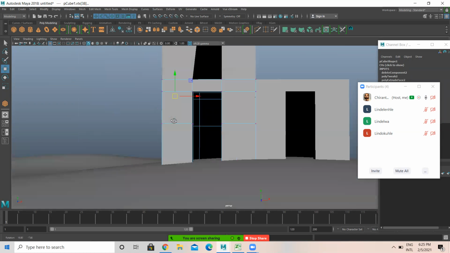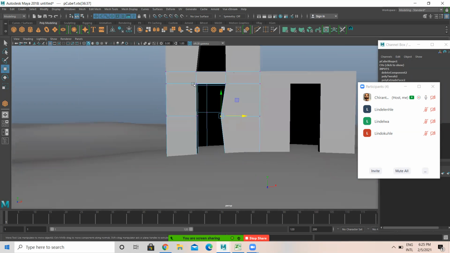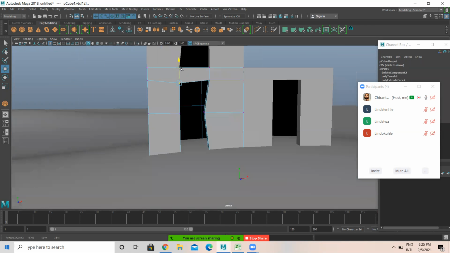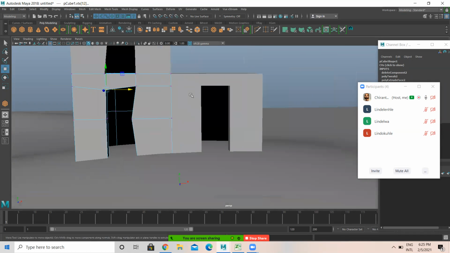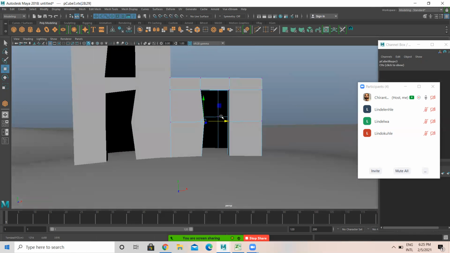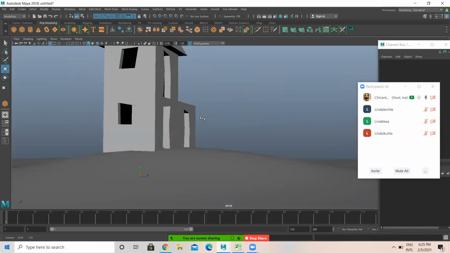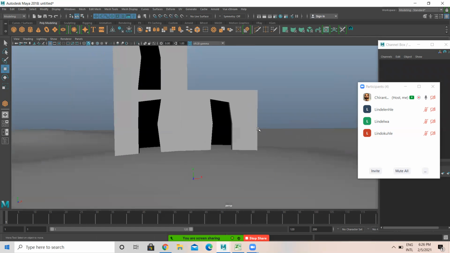The door part, like this. Similarly, I'm selecting this particular model. That's it, like this. So it's not straight.